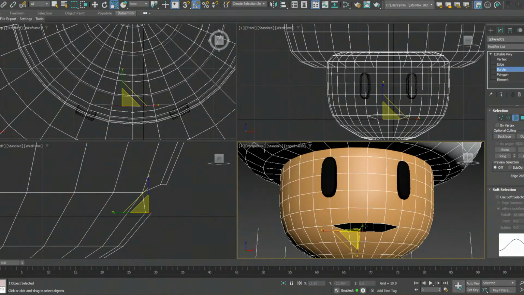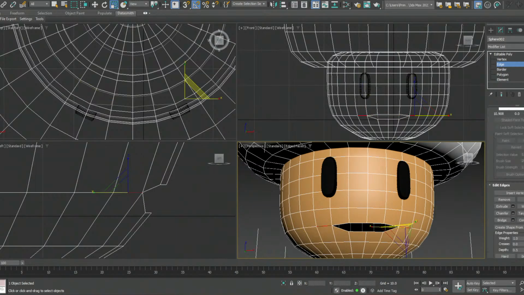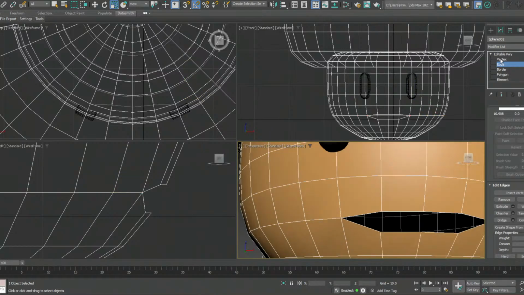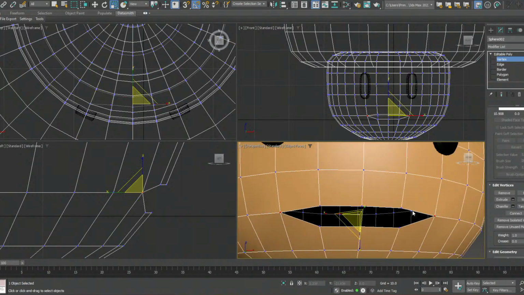I think I'd like to split it all the way down here. So I'm just going to take this edge right here, split. What do we have? Does it look good or nay? Right. Now, to be able to